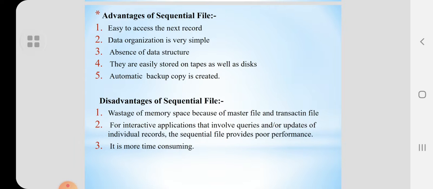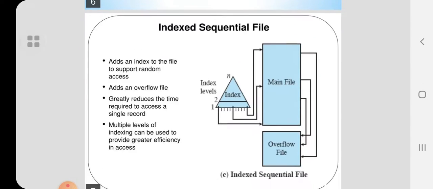It is more time consuming since reading, writing and searching always start from the beginning of a file. So sequential files are typically used in batch applications where they are involved in the processing of all the records, such as payroll, billings, etc.